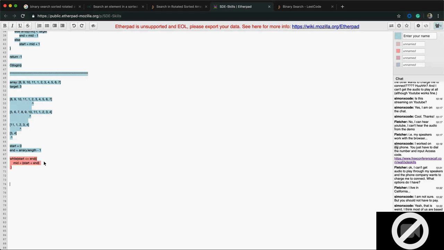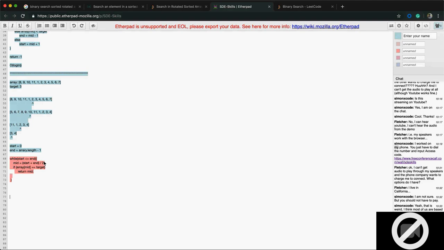So we'll compute mid in the same way, and divide by 2. Then we compare if array of mid is equal to target. Then we return. Oops, I missed the bracket. And otherwise, before picking the side, we'll do: